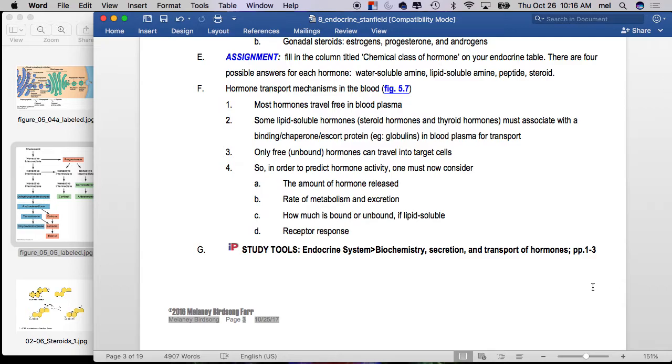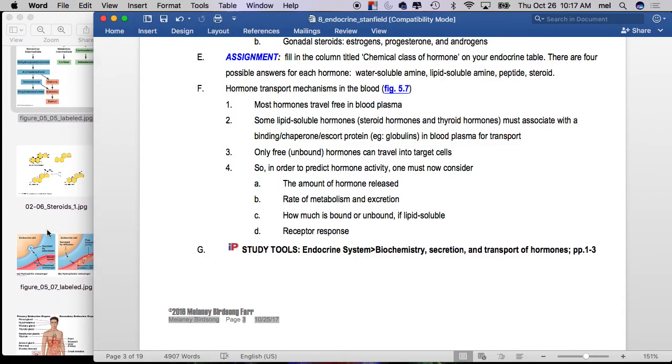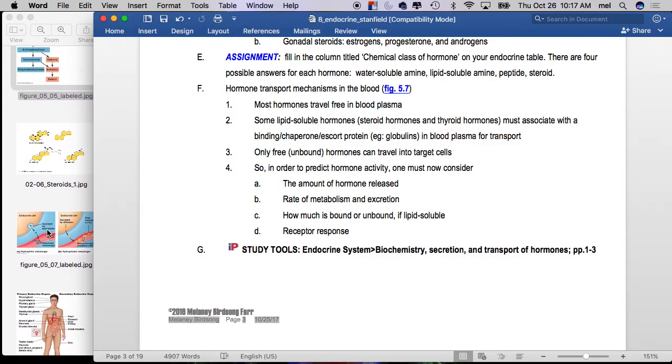So your assignment is to fill in the chemical class of hormone on your endocrine table. And you've got most of that information now, just from what we just went through. Okay, we're going to go through them specifically as we go through each endocrine organ. There are 4 possible answers that go in that column for chemical class. They are steroid, right? Water-soluble amine, lipid-soluble amine, or peptide. Good? Okay, so one last little tidbit before we get into the interesting stuff, and that is hormone transport in